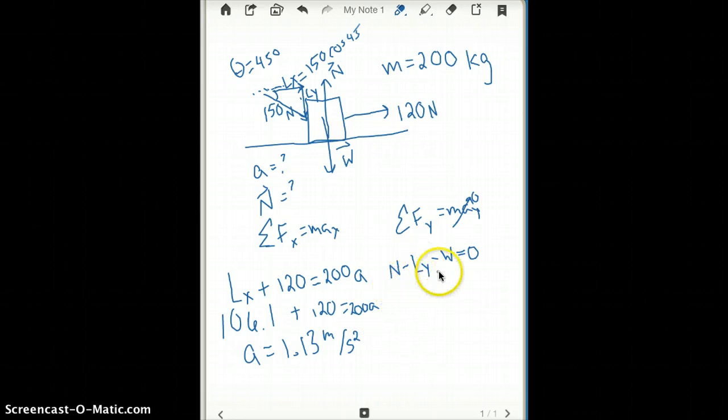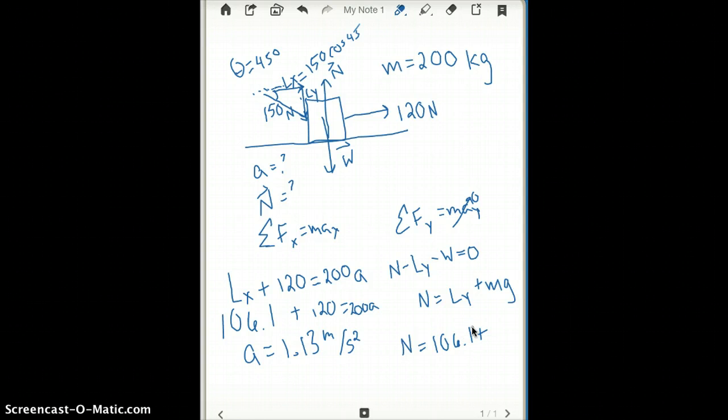To find the normal force, we're going to come over here in the y direction. In this case, it's not equal to the weight because there's another force. If you think of it, Larry's actually pushing the block harder into the floor because he's pushing down on it. So we get the normal force equals Ly plus mg. So then we get N equals, well, Ly is the same as Lx, so it's going to be 106.1